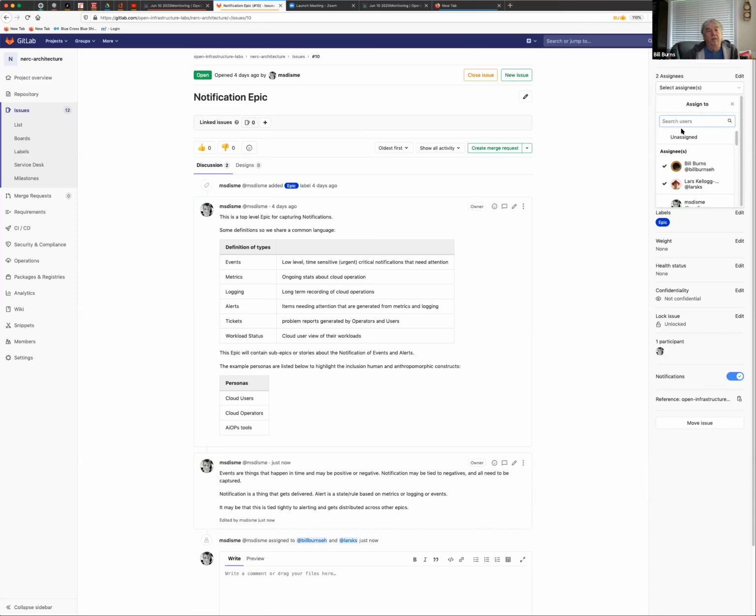I want to make sure those folks understand there's a need for a fast path for certain things to generate an alert right away that someone reacts to, so the definitions are crafted to make that point. So, just a little background.